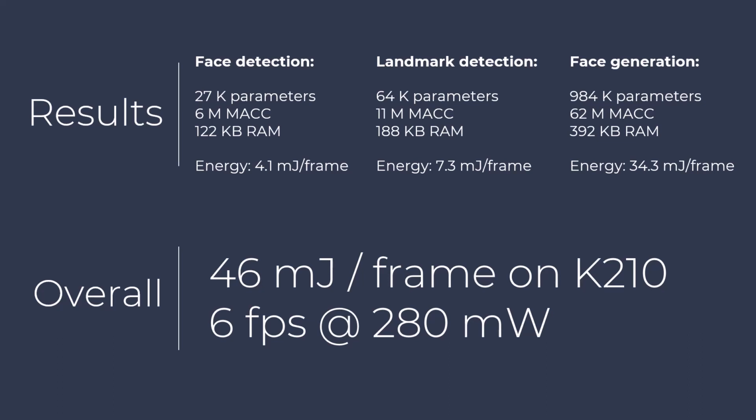Face generation, as expected, costs a little more, but still we have very good results because here we have these numbers: 984K parameters. If you remember one of my first slides, we wanted to target 1 million parameters, so we are there. 62 million MACs, and even there we match our target, and 392 kilobytes of RAM, with an energy of 34.3 millijoule per frame. So overall, we consume 46 millijoule per frame on this platform that we targeted,